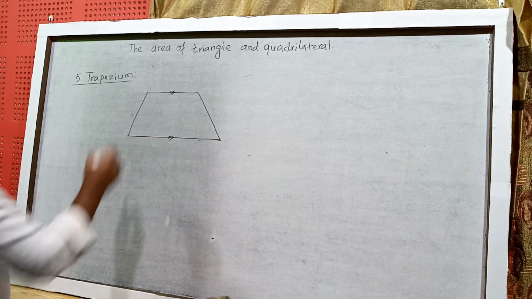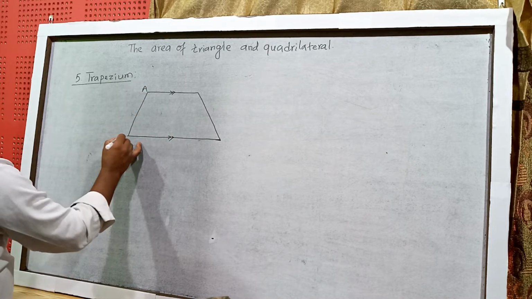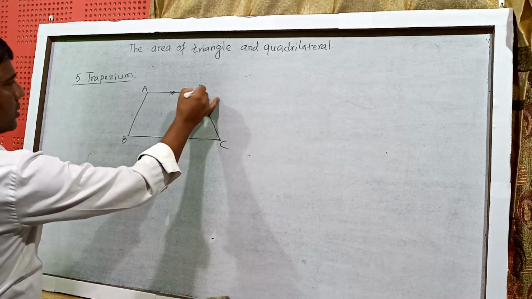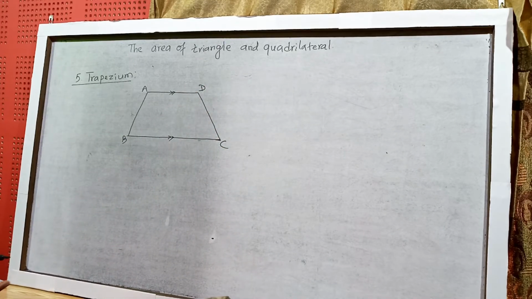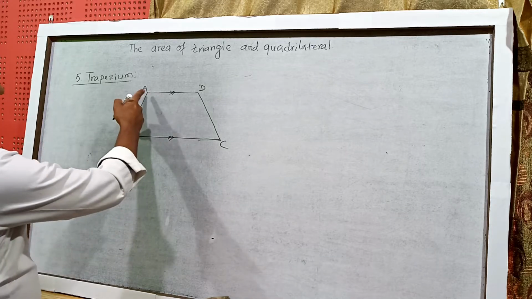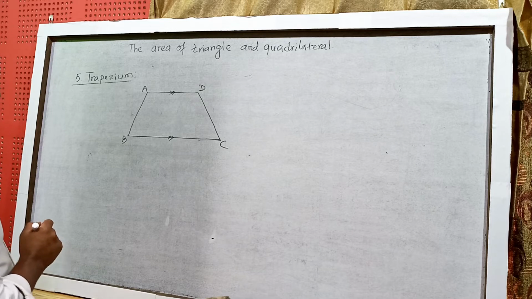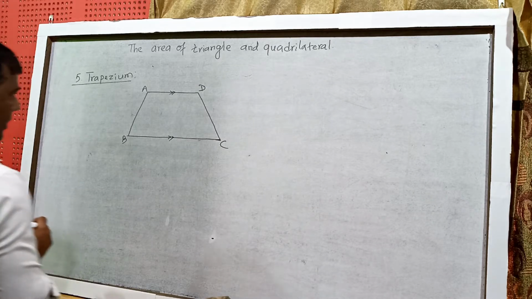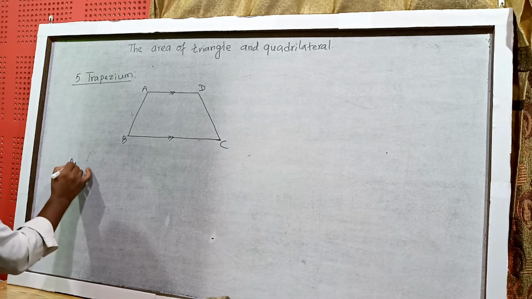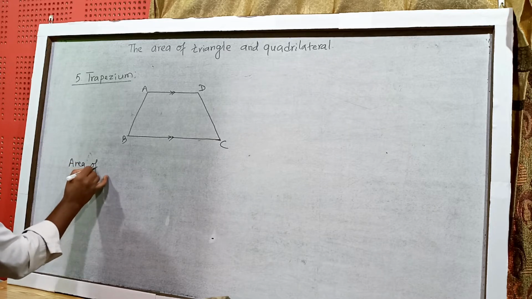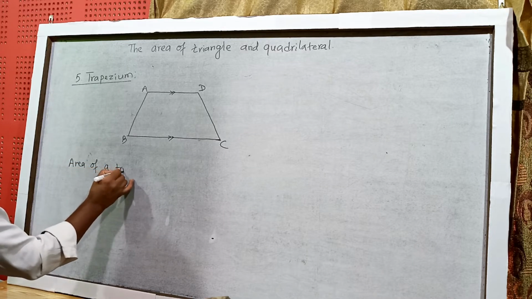This quadrilateral is a trapezium because one pair of opposite sides is parallel. AD and BC are parallel, so it is a trapezium. And the area of a trapezium,